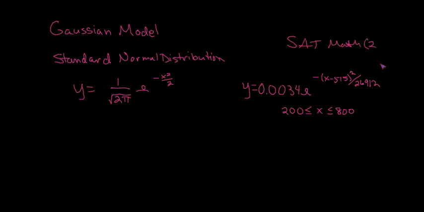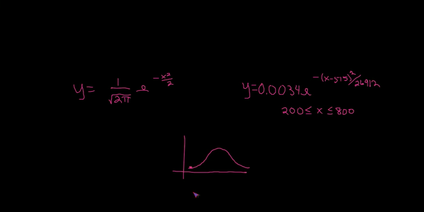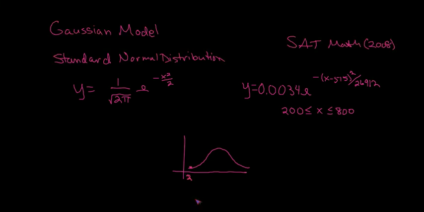And again, this was college-bound seniors in the year 2008. So they plugged all this in. The x was the actual SAT math score that they got. Once they simplified everything, they went to graph this. They got a graph that took on our normal distribution like this, or fairly normal. We only looked at x values from 200 to 800,